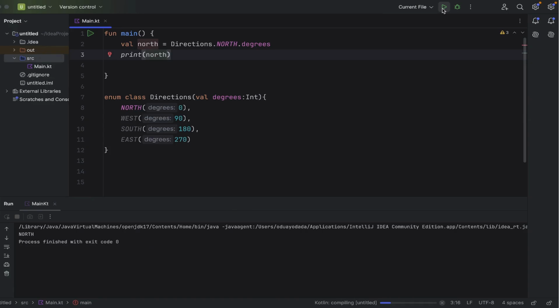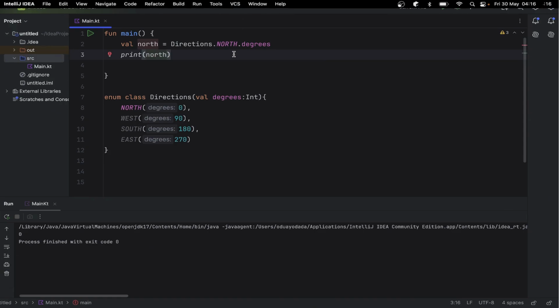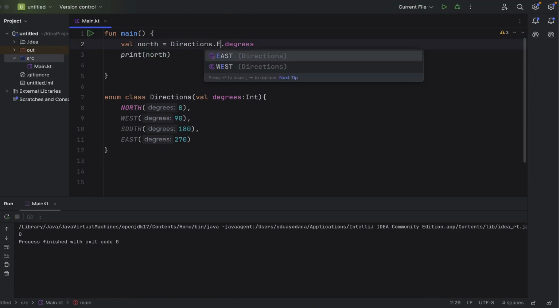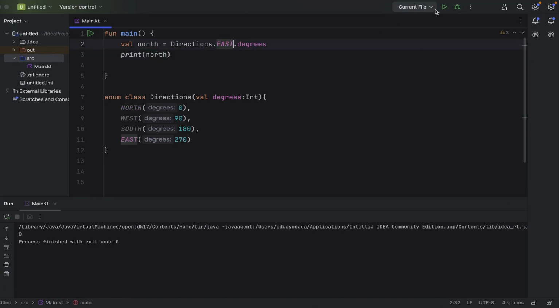So that's an enum class that is taking a parameter, and you can have your enum class take methods also. So let's create another enum class now. Let's call it Operation. Let it handle arithmetic operations. And mind you, if you observe that